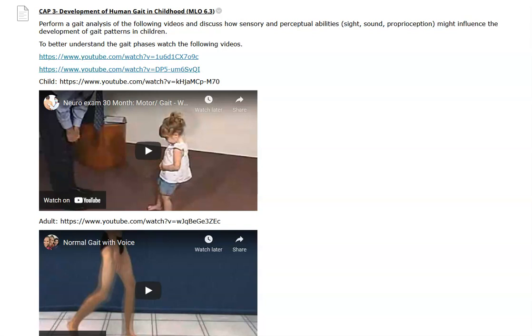gait of a toddler and an adult. This week you're going to analyze the gait of a child, and then the same adult video that you watched last time. I know it's the same adult video. Don't stress out about that. You know how that video was already, so it's one less thing for you to have to relook at